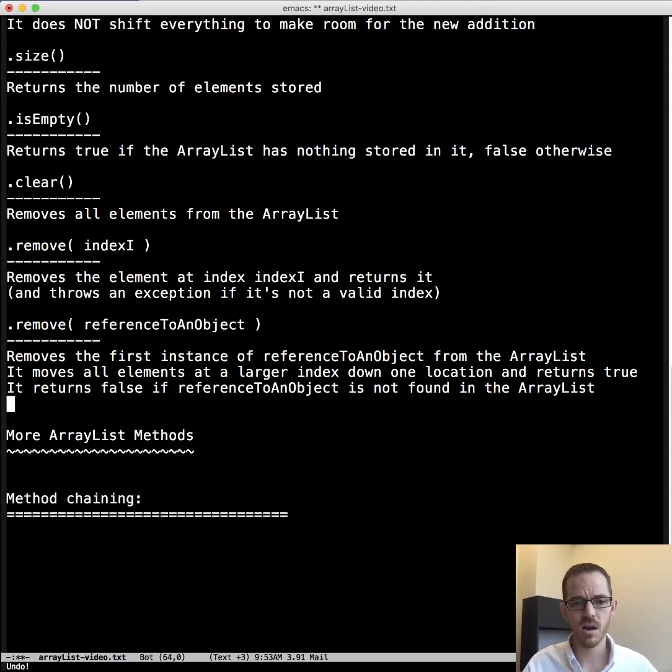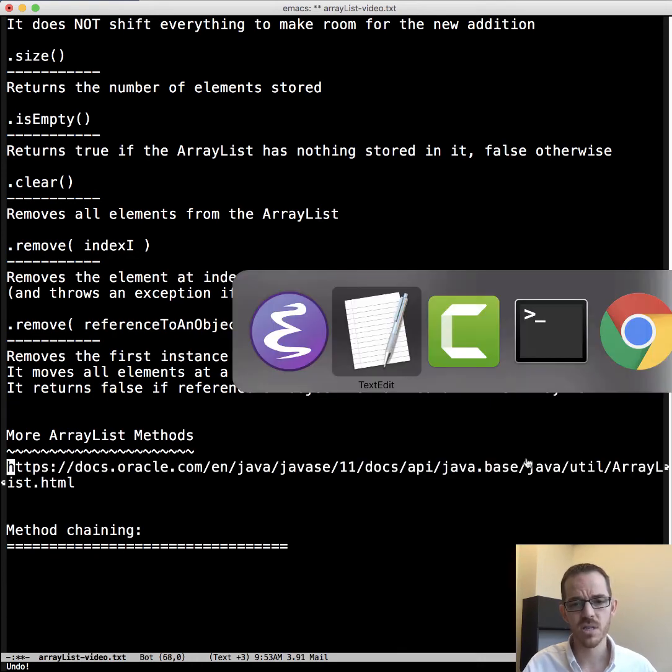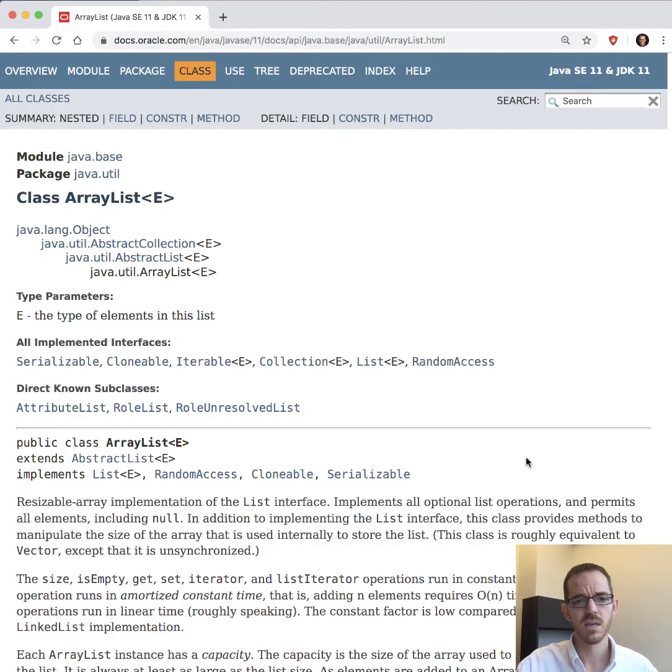Now, there are more ArrayList methods. Where do you think you could go to find out more about these methods? That's right, you can go to the documentation itself. And so here, what I want you to notice is we have class ArrayList, and notice it's got this E here. That E is for element, whatever we're going to store here. And notice this is its class name. It's templated to be able to take an element of type E.